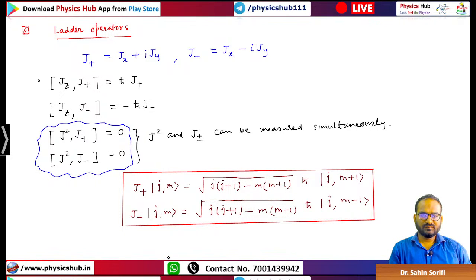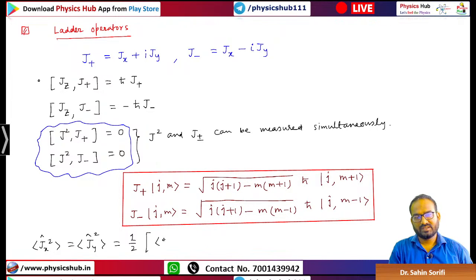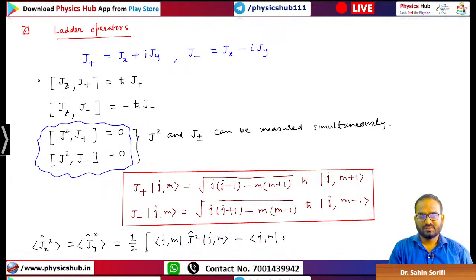Okay. Another formula, we have already told you, but in terms of this |j m⟩, let me tell you the way you calculated Lx square. The expectation value of Lx square, Ly square, here we are writing in terms of J. So it is as simple as that, half expectation value of J square in the |j m⟩ ket, so ⟨j m| J square |j m⟩, minus